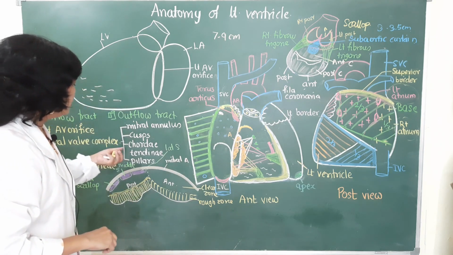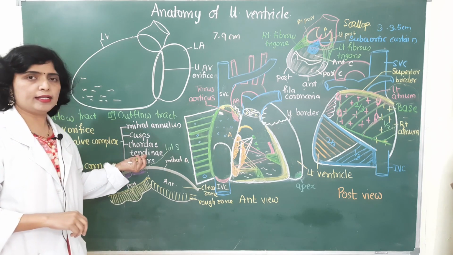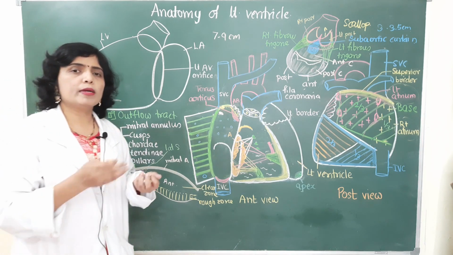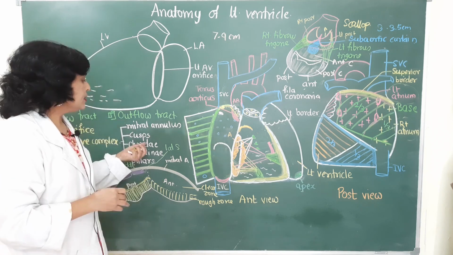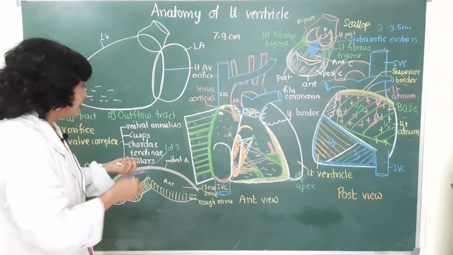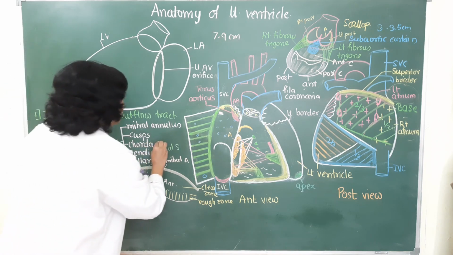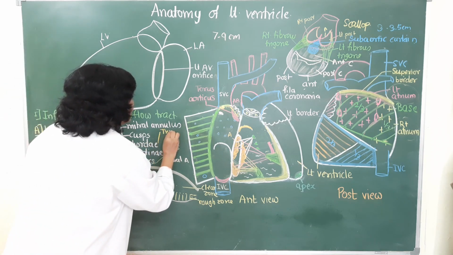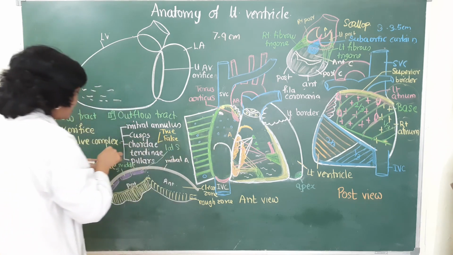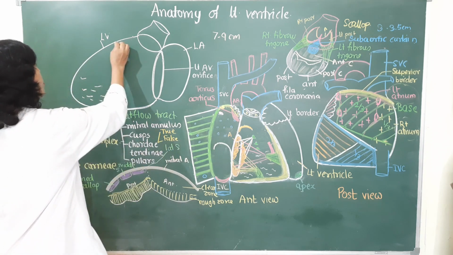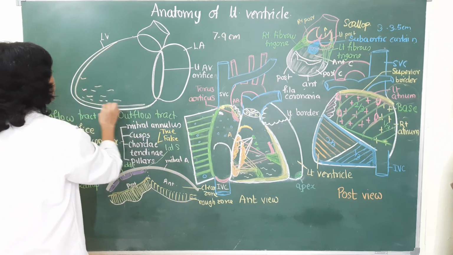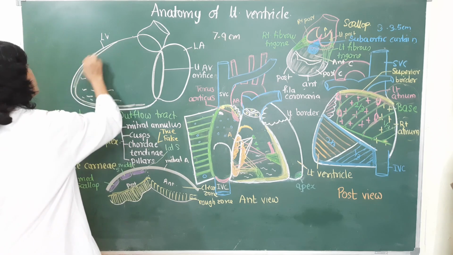Now coming to the next, that is the chordae tendineae. Chordae tendineae are the collagenous threads covered by the endothelium. These chordae tendineae appear thread-like structures, and there are two types of the chordae tendineae: true chordae tendineae and false chordae tendineae. False chordae tendineae just extend on the surface of the ventricle from one area to the other